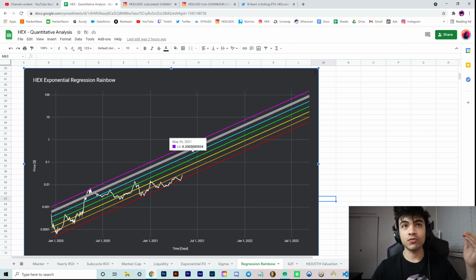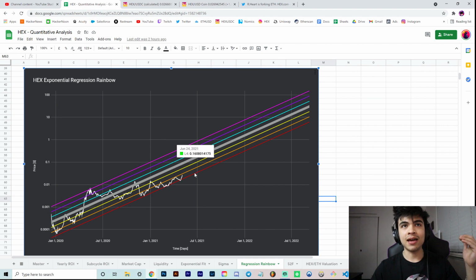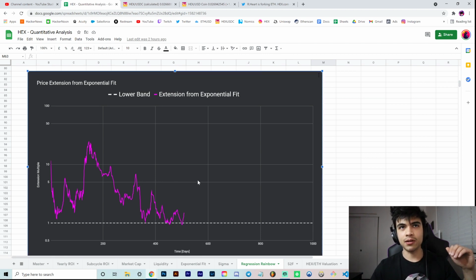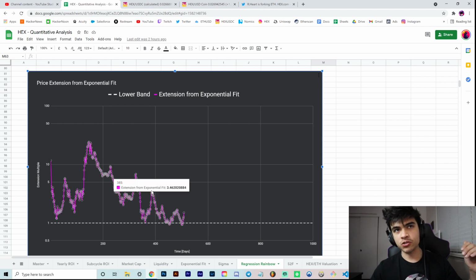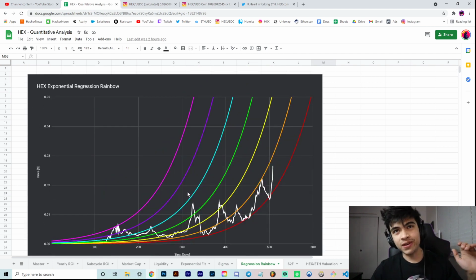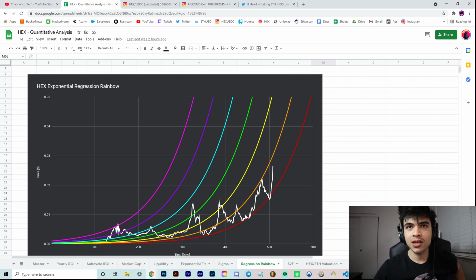We've reached higher levels of overvaluation in the past. Something like that would be just a 5x from the red curve, which would put us around here. And I've mentioned again in prior videos that we've reached these levels of 5x beyond our exponential fit a few times, and even more so over here, almost 5x over here, so 3.5x. So again, the longer this buildup happens, could we see more accumulation? Sure, right? We can go up, down, or sideways. None of this is ever financial advice. Make your own decisions. Your generic disclaimer for this video, do your own research.